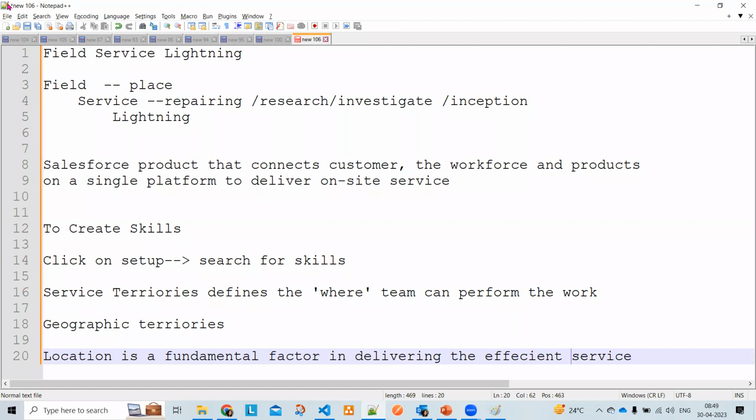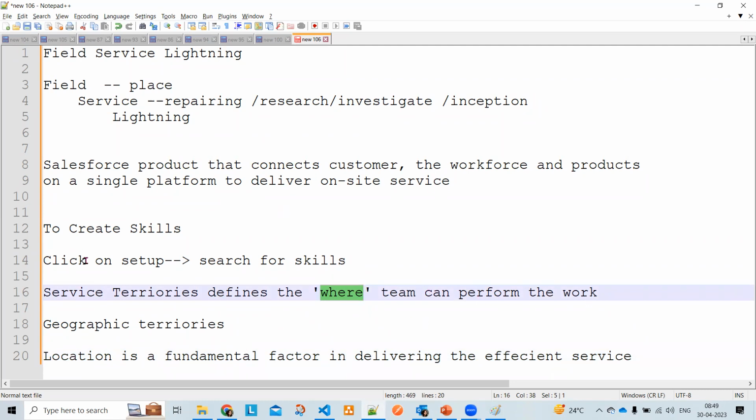Based on the location factor, wherever the team is available and can perform the work,